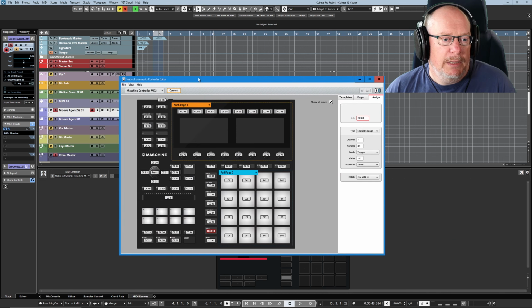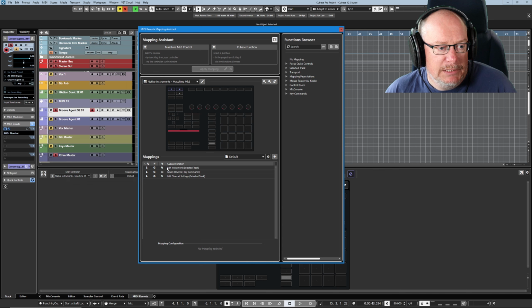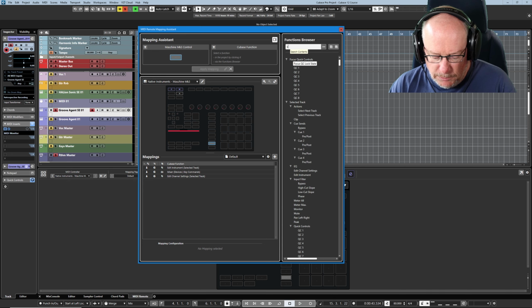Let's have a look at my management interface for the machine. Here it is. Here's the button. You can see it's generating a CC89 message. And you can see that we're setting off with the same function. So I'm going to keep it in trigger mode for the moment, just to prove that this part of the process is going to be identical to the keyboard. Open my mapping assistant, choose the button that I'm interested in, search for solo,